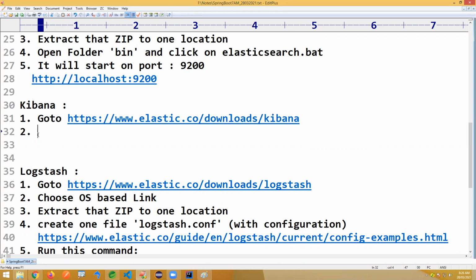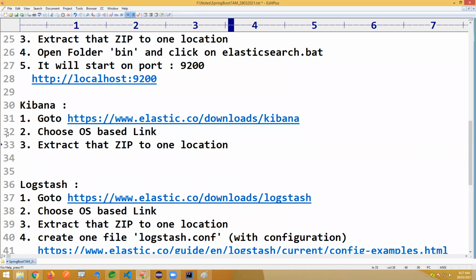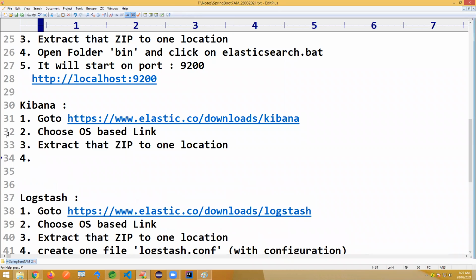Next, once you download it, choose one operating system and extract that zip. You will find one config file, kibana.yml. Inside that you have to point to Elasticsearch, to link Kibana with Elasticsearch.